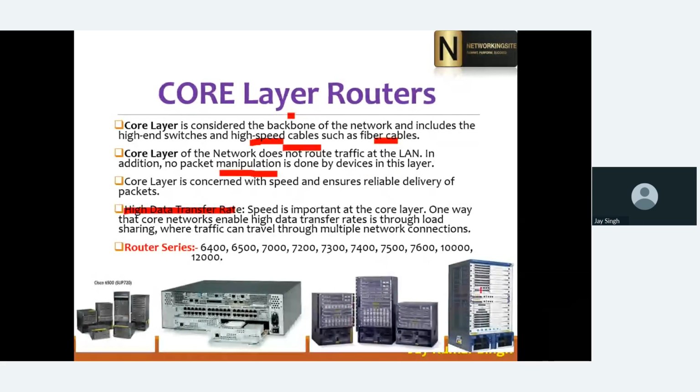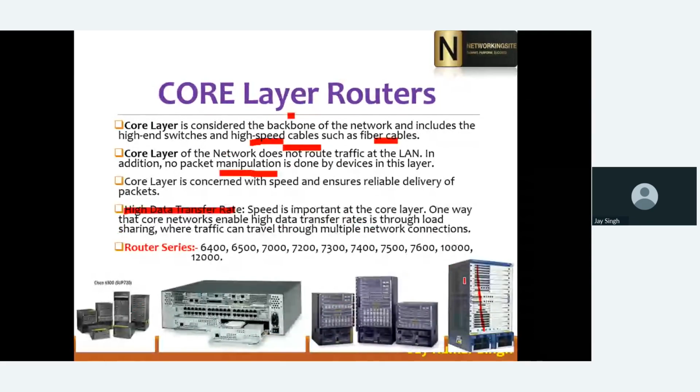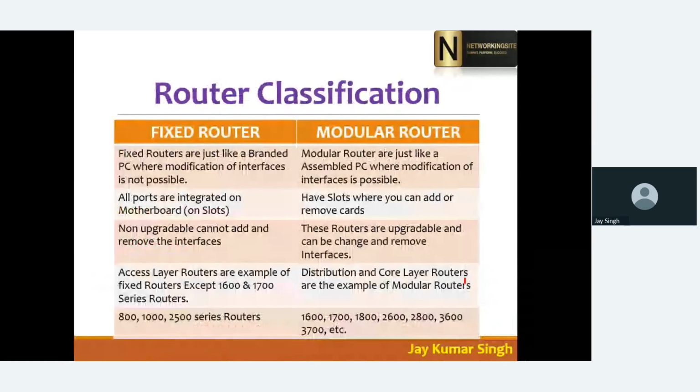You can see here, these are the routers. Normally when we see routers, we see routers like this, right? But these are core layer routers, which are used in ISP networks for high data transferring. When data is coming from one place, like from Cameroon, and I have to transfer it to Nigeria, at the end it will come to the core layer router, and the core layer router will send that data faster. In that condition, those core layer routers are used.